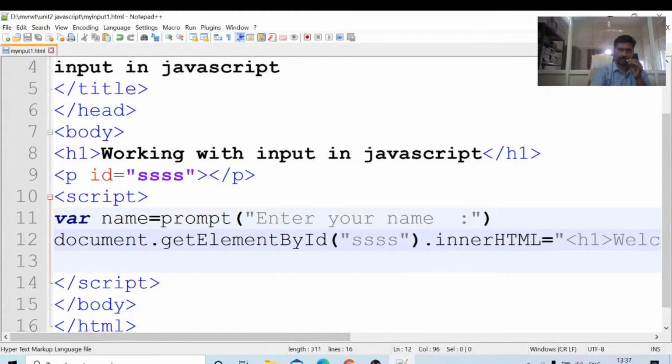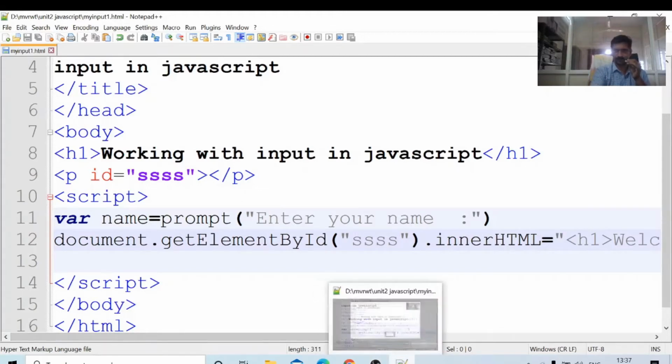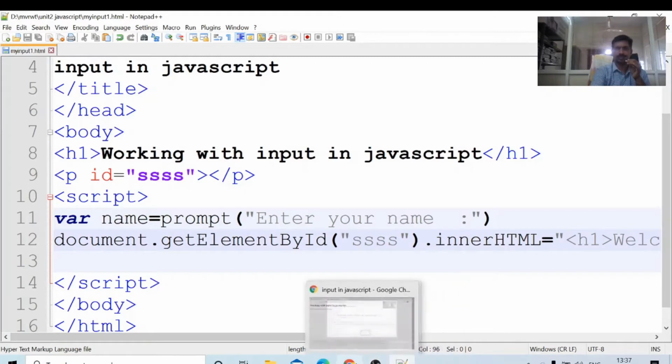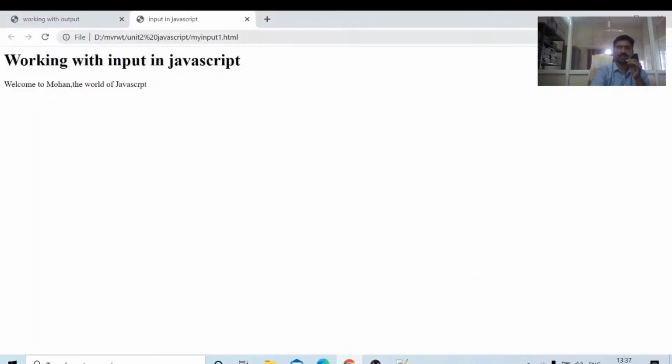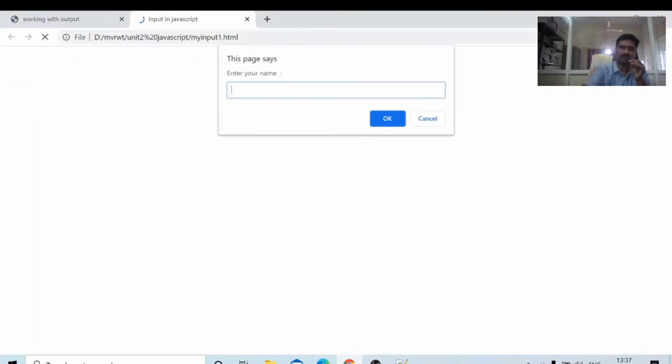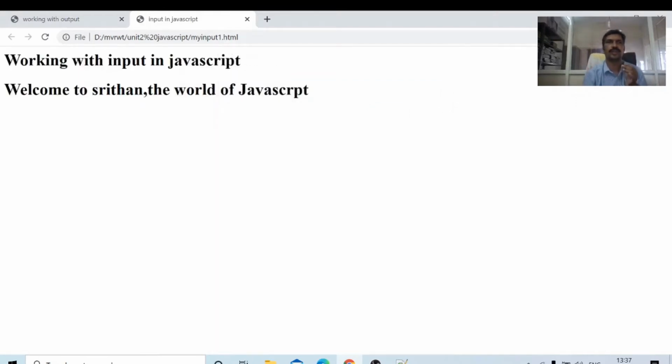Okay, save. Now open this one in the browser. Press F5 button, refresh. Here I will give the name Sritan. Welcome to Sritan, the world of JavaScript, which appeared within the H1.